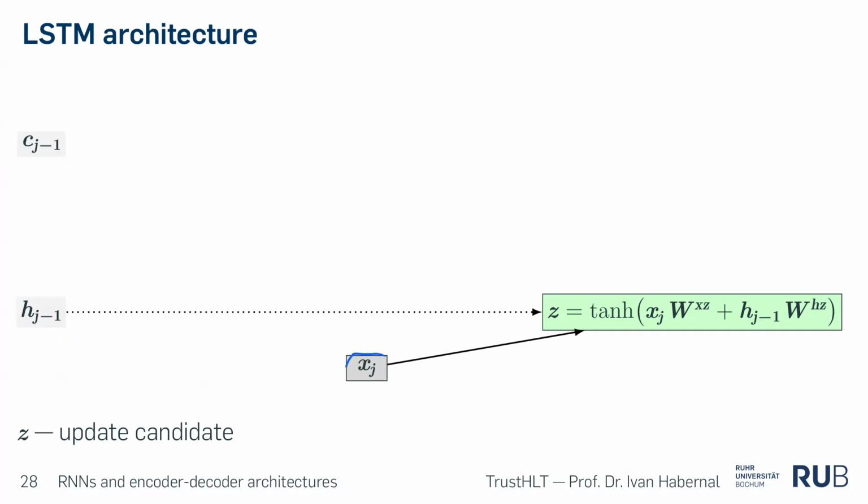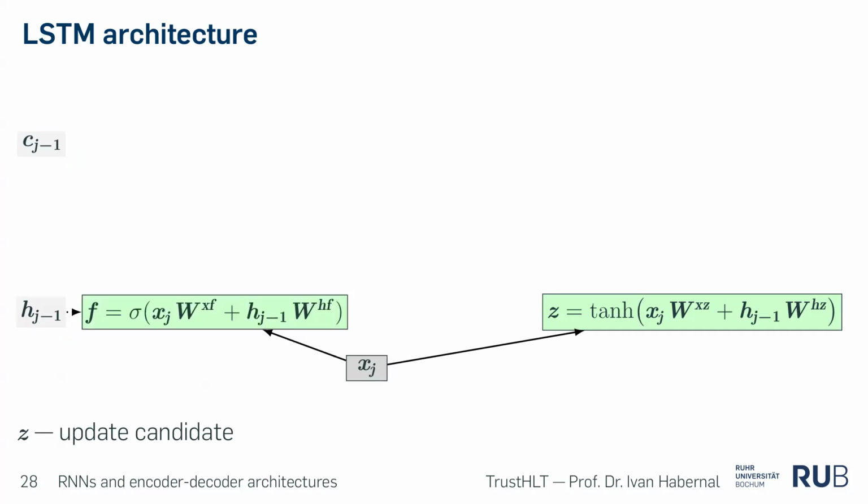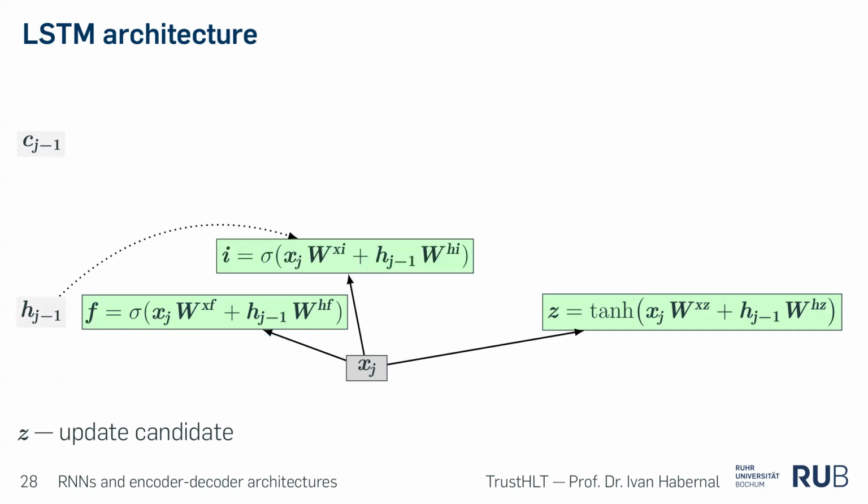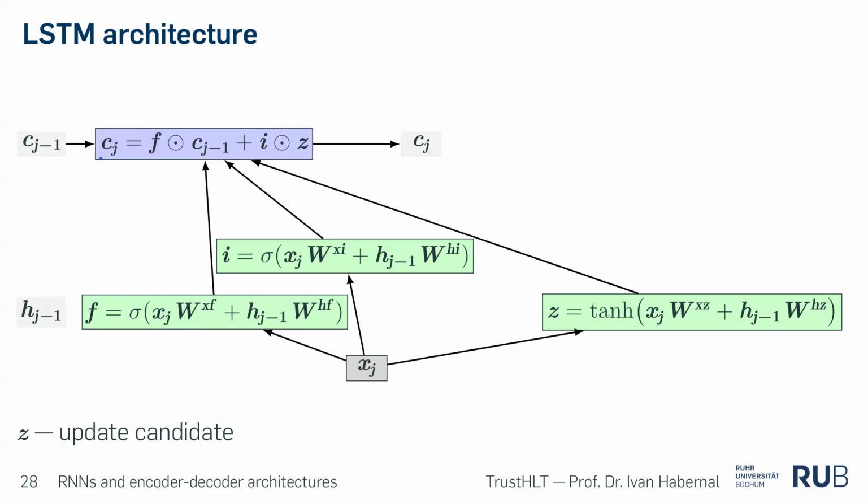So at each point X, we make some projections into a so-called update candidate. Then we do the forget gate, also some linear projections. The important part here is that there are just linear projections and some nonlinearity, which is tanh, hyperbolic tangent, most of the time, I guess. Then we have the input gate again. We have updating the memory cell by the gates here. This is similar to what we saw before in the gating mechanism. So this is the Hadamard product.